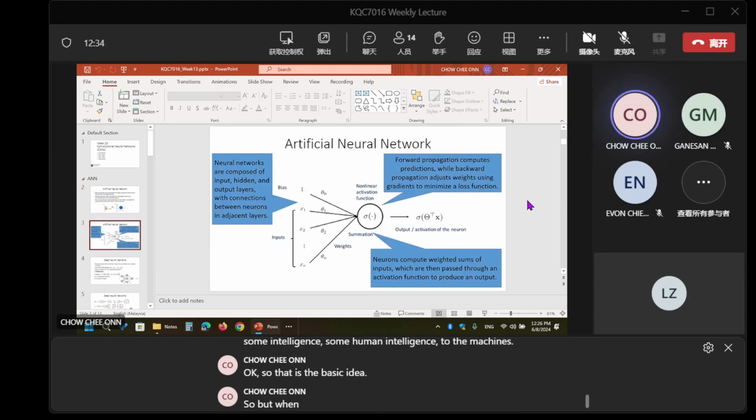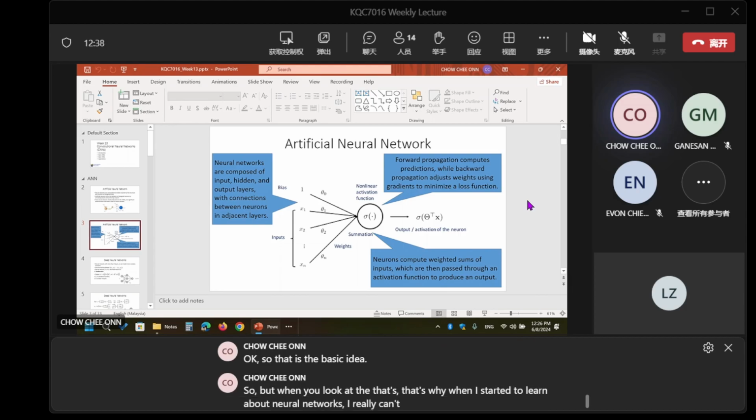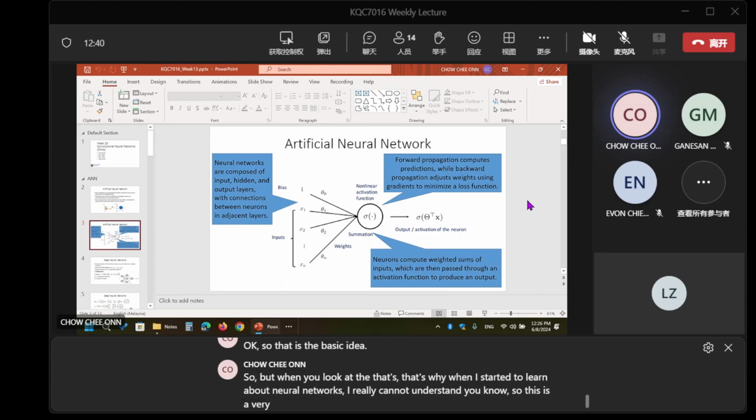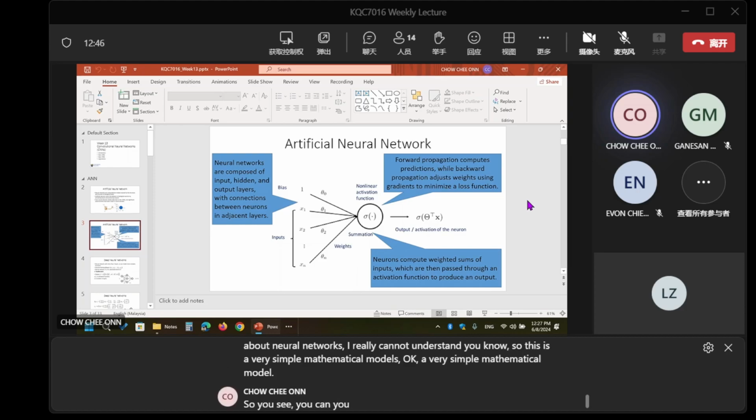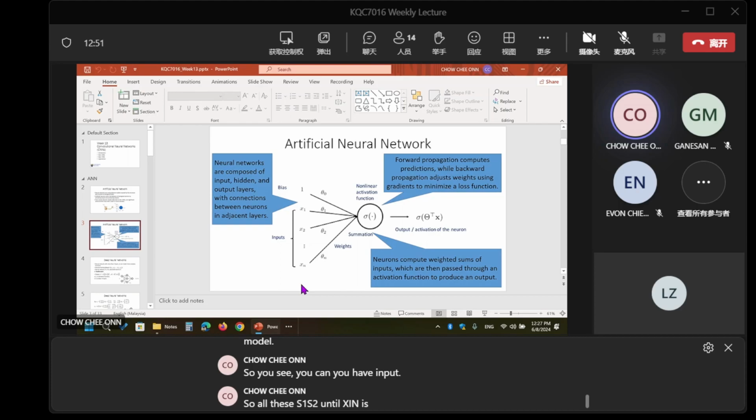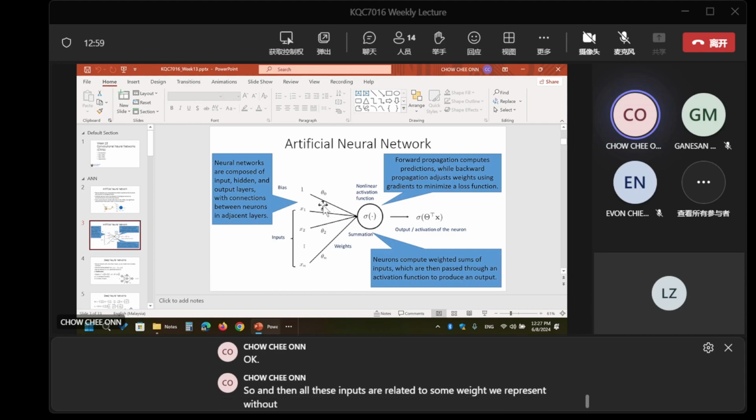When I started to learn about neural networks, I really could not understand. This is a very simple mathematical model. You have input, so all this x1, x2 until xn is input. All these inputs are related to some weight we represent with theta.